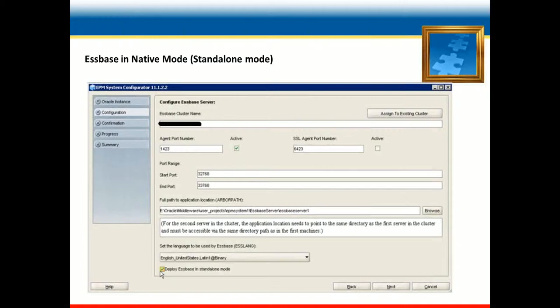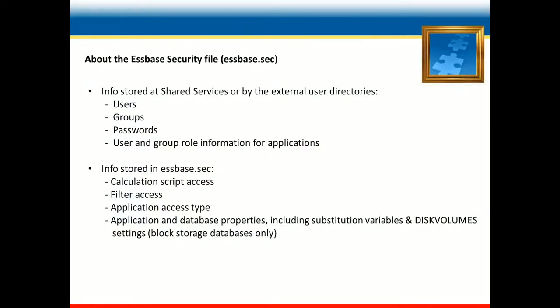And if we see at the very bottom, there is the option to deploy SBase in standalone mode, which needs to be checked for having the native security. In that case, the SBase SEC file will store the default administrator user for logging into SBase after we do the configuration.